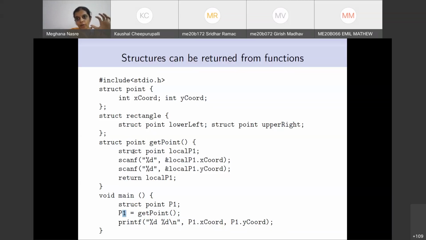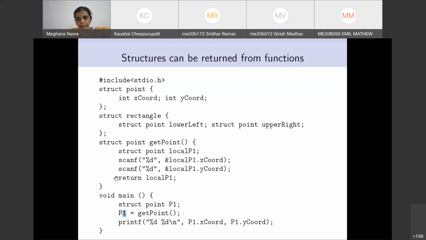So what is the scope of y for such a function, which has the prototype int get square and then some integer x? In that function get square, you say int y and y is equal to x times x. What is the scope of y? The scope of y is restricted to the function in which you have defined it, but you can say return y. Return y simply takes whatever is in y and copies it to the place where the caller has called it.